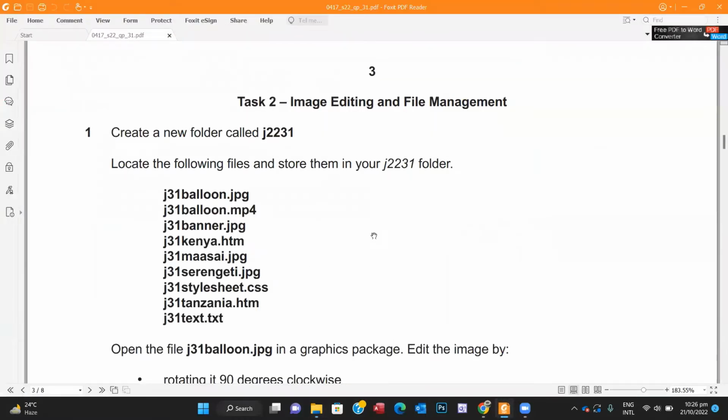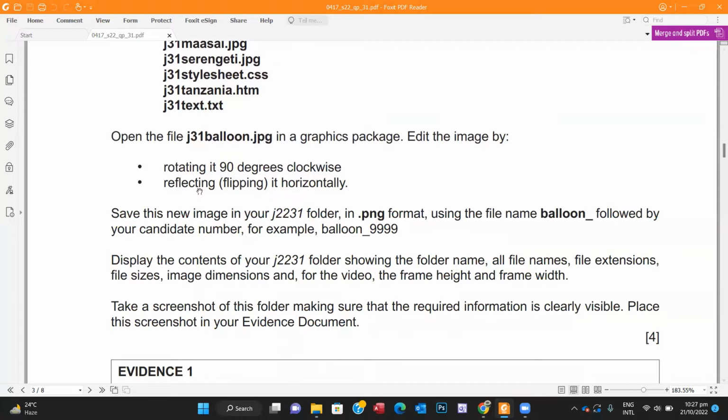Now, it's important to note that if you're using Microsoft Expression, it will be exactly the same way. The differences are minor. But in this tutorial, I'll be using Microsoft FrontPage for this task. So even if you're using Microsoft Expression, you can still follow along. Next, open the file